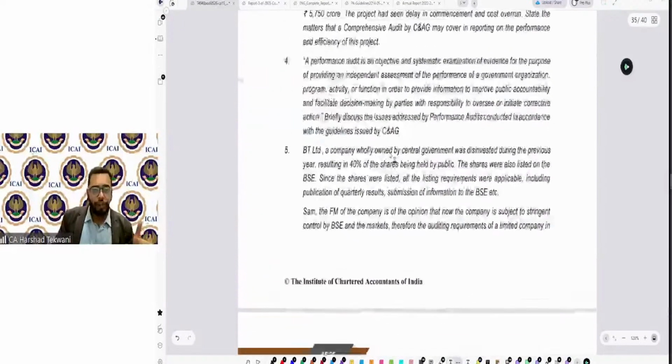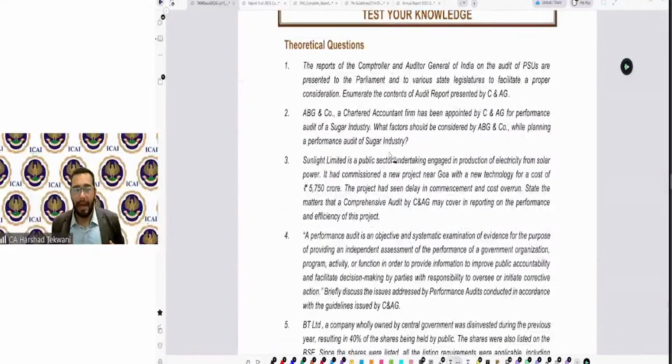Try to solve these questions on your own, and then try to compare with the answer. Okay. And then you see whether your answer is matching the requirement, or whatever answer is given, or not. Whether it is up to the mark of what is given there or not. Okay. So these questions are necessary to be solved.